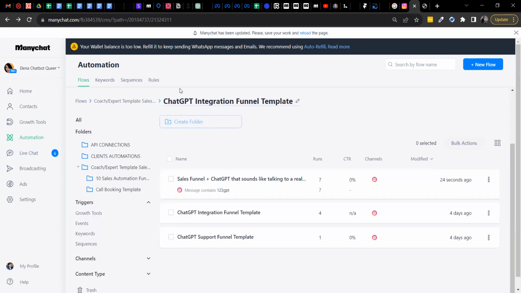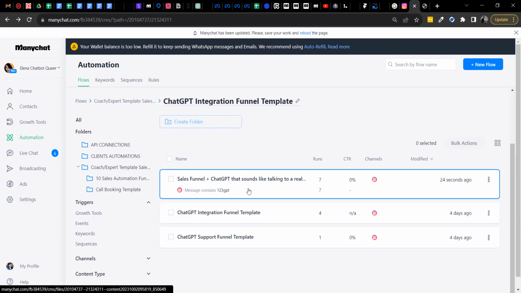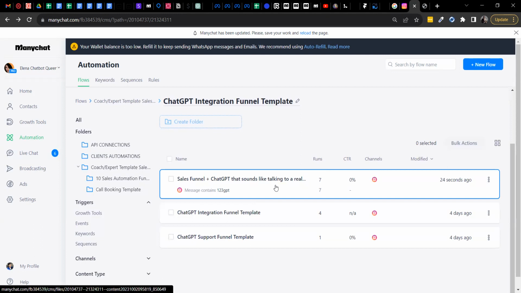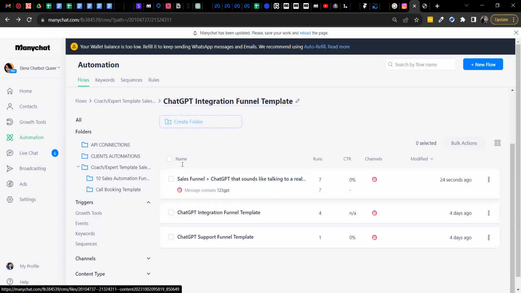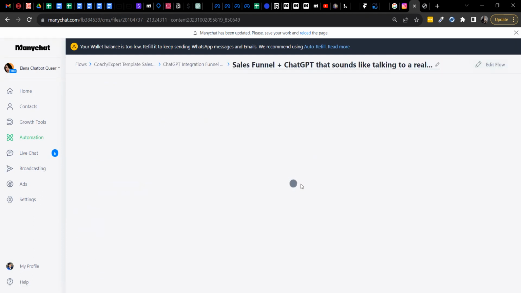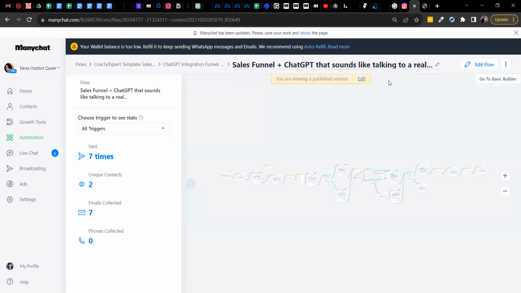You will find it in the ChatGPT integration funnel template after purchasing, downloading this doc and this link with the funnels with templates. And now you need to click this sales funnel plus ChatGPT that sounds like talking to a real human. So click it. This funnel will be great for you if you want to book more calls,